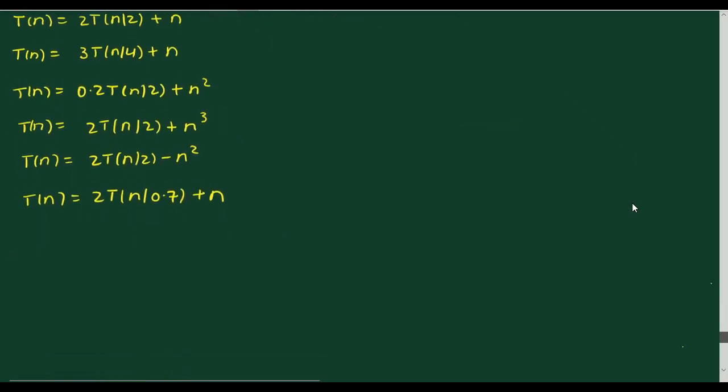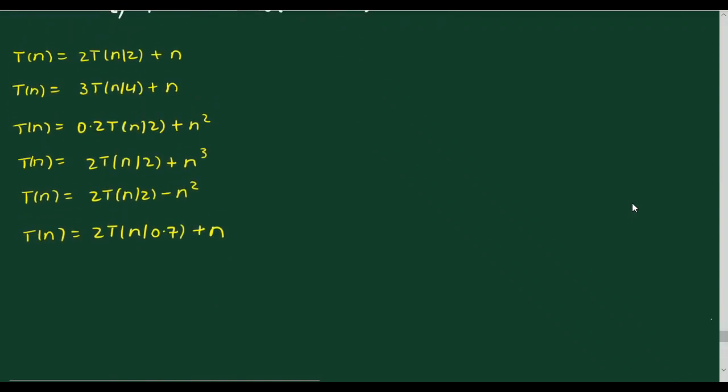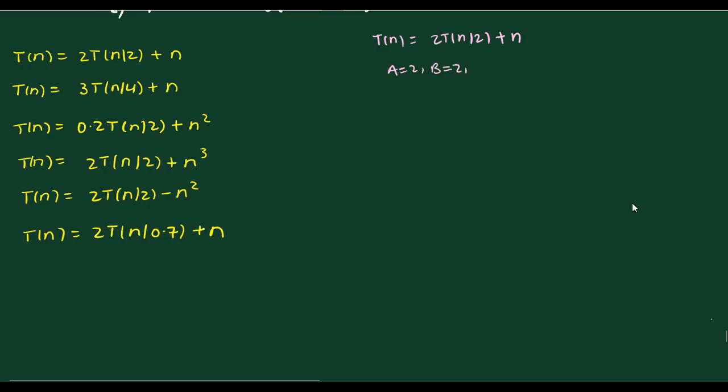So let's see some examples of Master's theorem. The first problem is T of n equals 2 times T of n by 2 plus n. This problem we saw in the tree method as well, right? So let us try to see. a is 2, b is 2, k is 1 and p is 0, right? Now you see a is greater than or equal to 1, right? b is strictly greater than 1, right? k is greater than or equal to 0 and p is real. So all the constraints are satisfied.